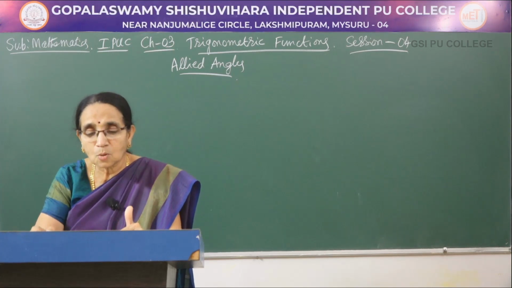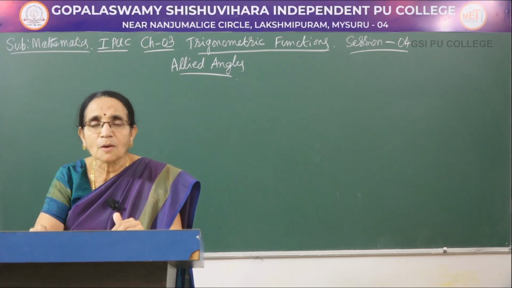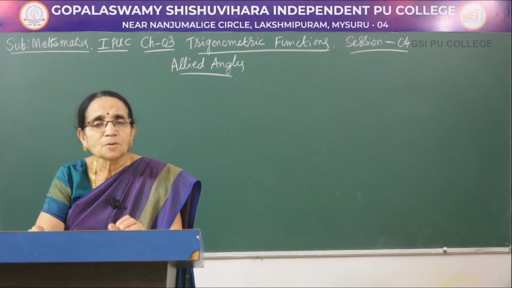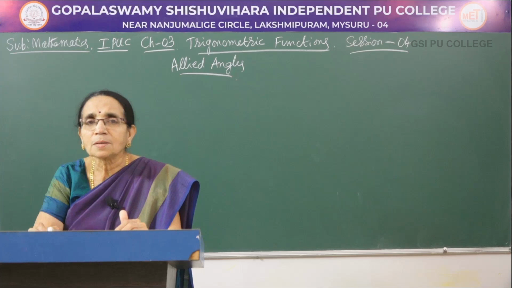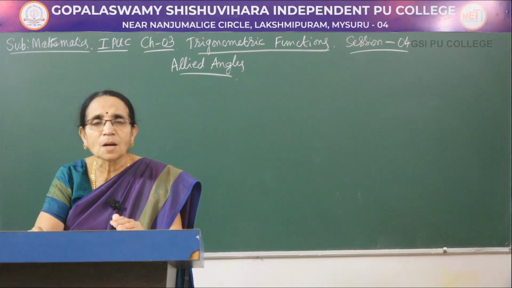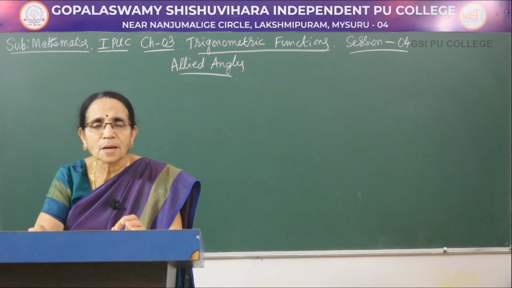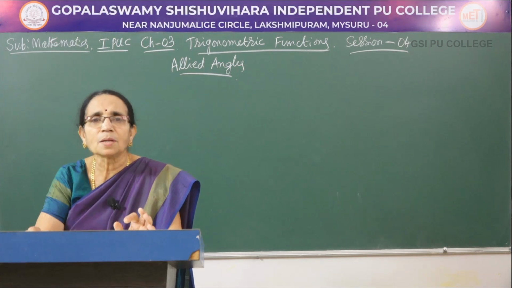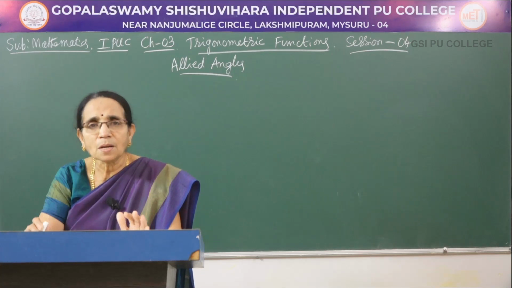So, the rules I am going to teach you help us to find the value of the trigonometric ratio of any angle and also the sign. When the angle was considered in the first quadrant, we took all the ratios to be positive. Now, depending upon the quadrant and the ratio, the sign, plus or minus, would be changing from one quadrant to another, from one ratio to another. So, the rules will help you find the value and the sign of a trigonometric ratio of any given angle. It can be a very high angle or a very low value, you can calculate that.